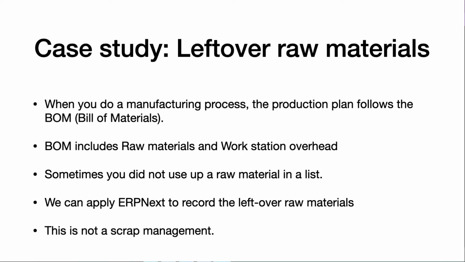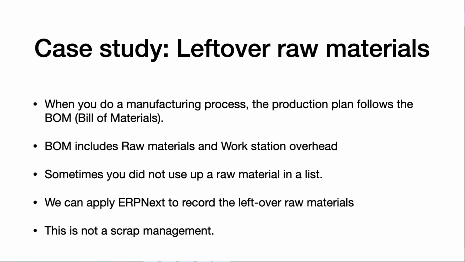Hello there, today is the ERPNext tutorial and I want to present you the case study of leftover raw materials. When you do the manufacturing process, you cannot just say that you use the product and then you get another product, right? We have to have a production plan, and the production plan follows the bill of materials, or simply BOM. The BOM includes the raw material and workstation overhead. So we know exactly the cost of raw material and the overhead of the workstation